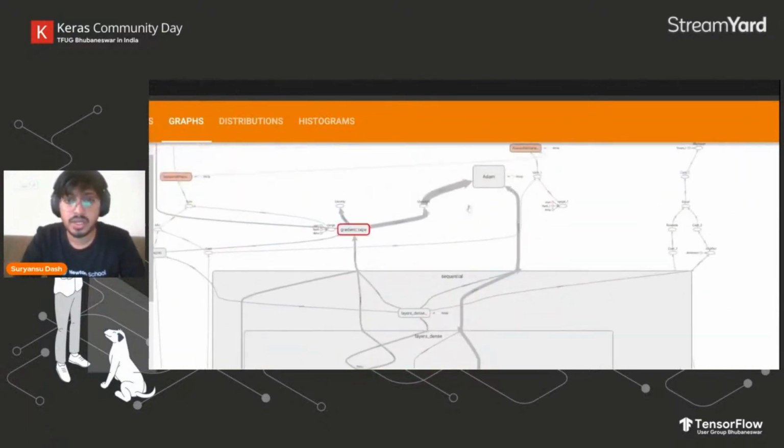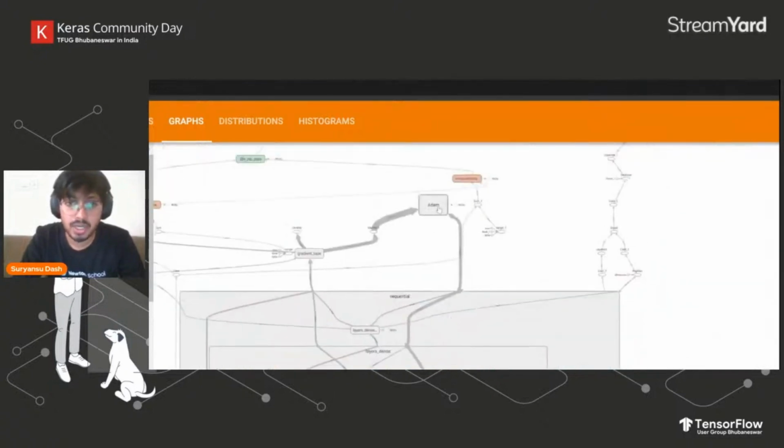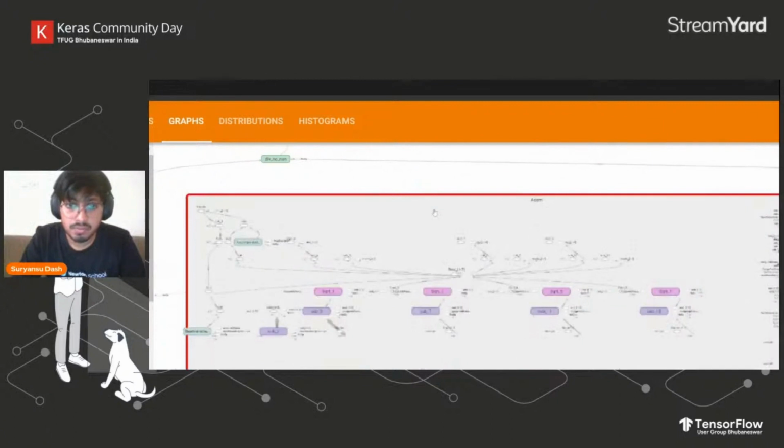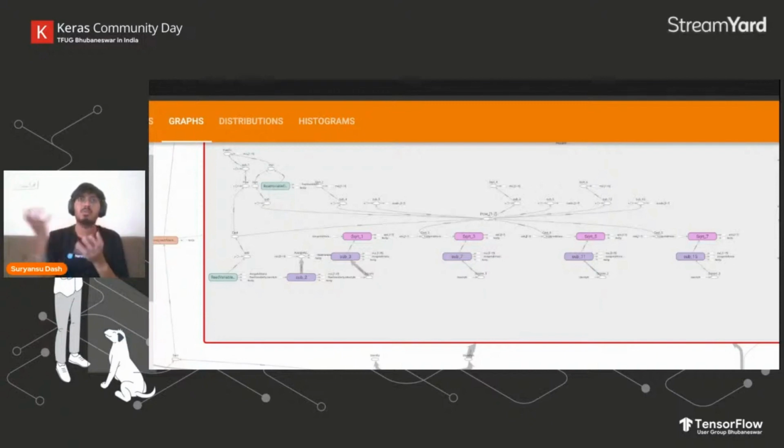And again, this is the optimizer we are using. If you want to understand how the optimizer is working, you can again double click on that and it will give you the whole Adam optimizer, what is happening inside it. So with three lines of code, you're able to break it down, spread it out, and see each part. It's like you take a globe, you take a map of India, and then you're able to see each state, each city, everything. That gives you a real depth of understanding of how the model is working.